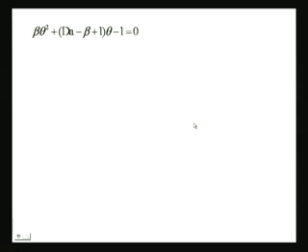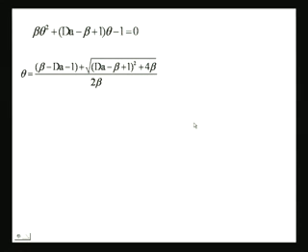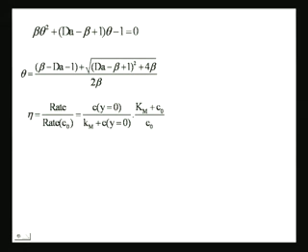Fine. Once you solve this, this is your expression for theta: beta minus Da minus 1 plus the square root of Da minus beta plus 1 square plus 4 beta, all over 2 beta. The reason you neglect the other root is because it is not feasible, it is not in the physical regime. So, then what you are supposed to do is find the rate,